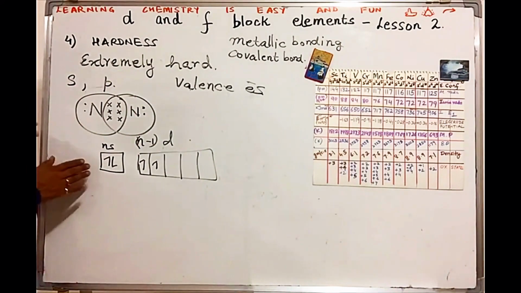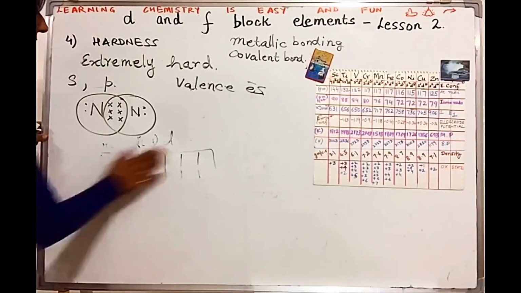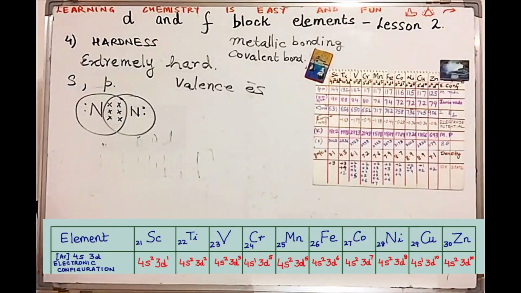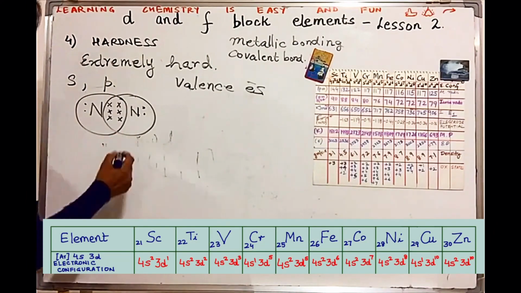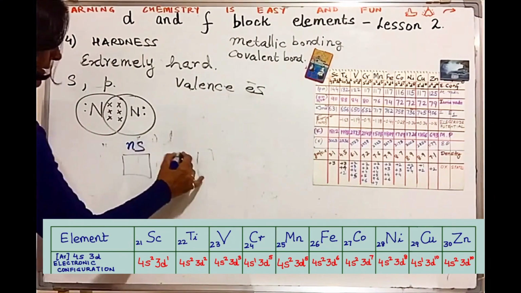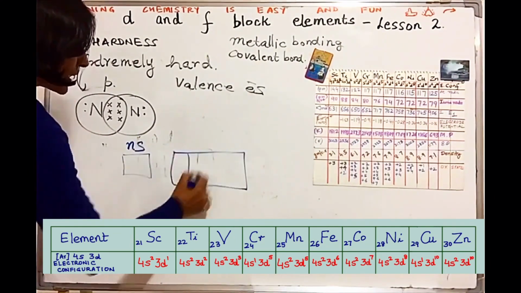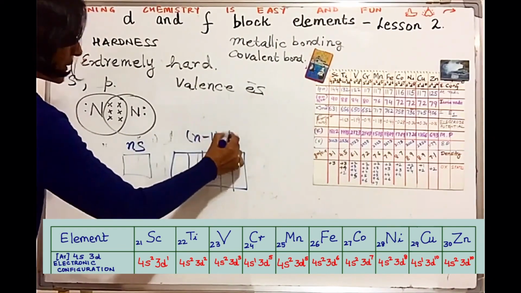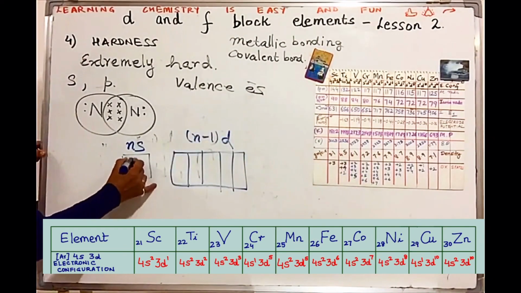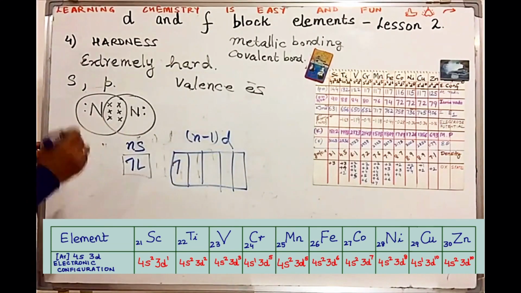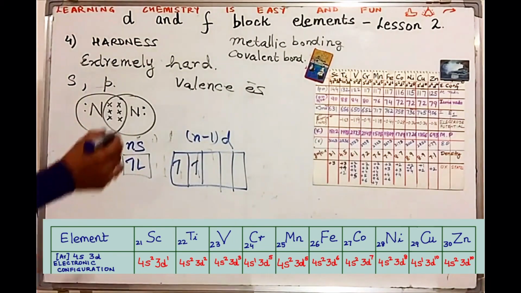So let's suppose I am talking about scandium, right? ns2 and (n minus 1) d, so here we've got 4s2, 3d1, there is one unpaired electron. Go on to the next one, two unpaired electrons, titanium, vanadium,